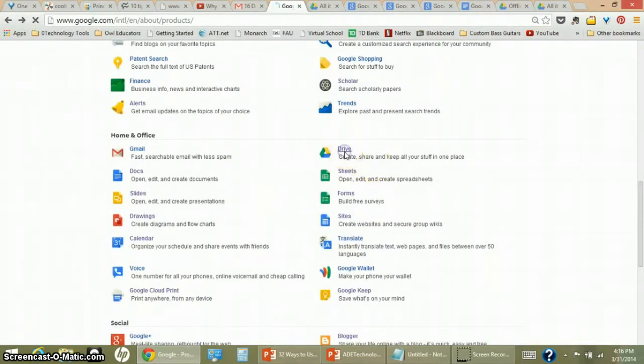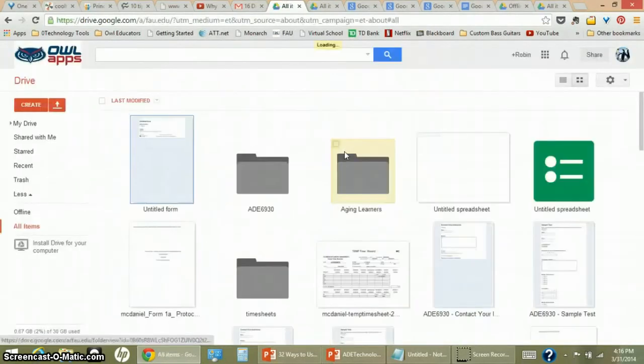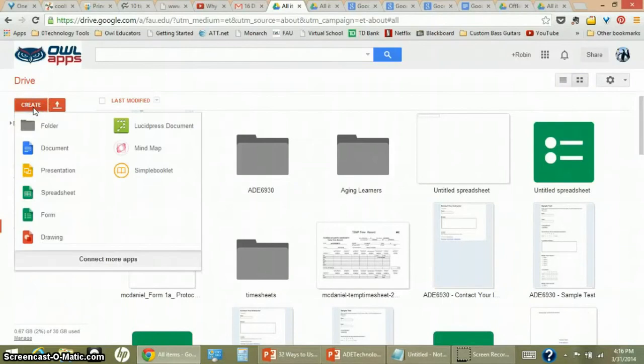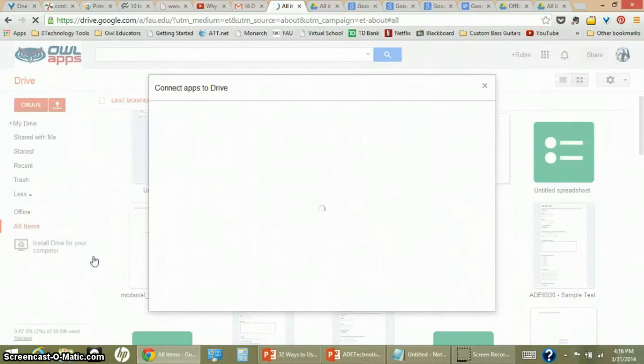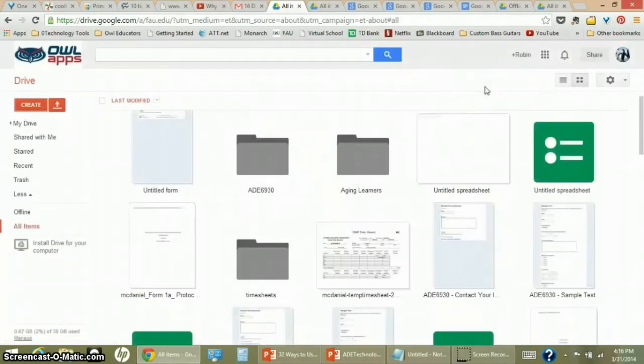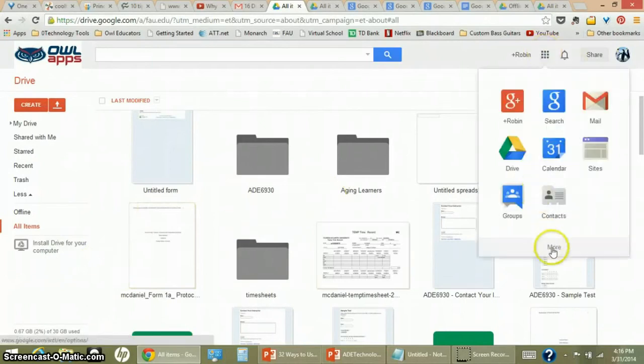So in Drive, let's go take a look at that really quickly. You can either look at this in list format or in grid format. And you can look at all of the things that are your apps that are in here, all of the things we were looking at before, and you can even connect to more apps. So you can search apps here, anything you want, and it'll be added over into your Drive. If you want to upload things from your computer, you can upload files and folders. Or if you want to install Drive to your computer, it will sync for you. So that's a really great tool. Going back over to apps,